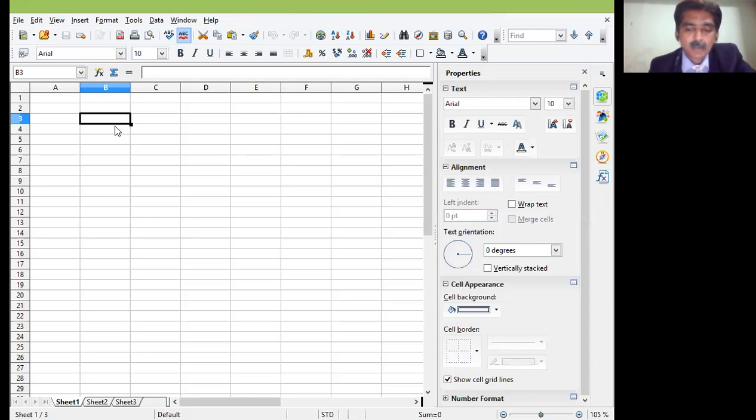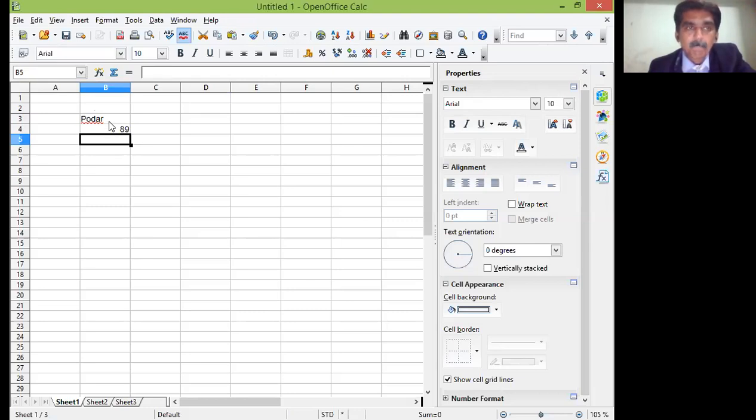So let me start with the first type. PODAR, the first word I have entered into a cell. The address of this cell is, see here in the name box, B3. Good. When you enter any text, by default it is aligned left. When you enter any number, suppose 89, it is aligned right by default. We will see the entry of the formula later on. First we will see how we can enter the text and number into the cell and how we can proceed